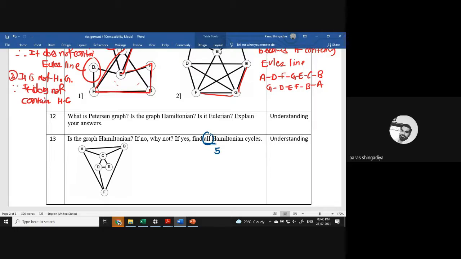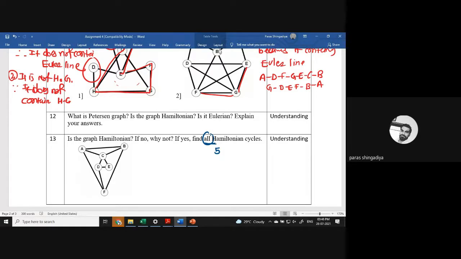Clear? One of the Hamiltonian cycles is A, C, E, D, F, B, and A. That is a Hamiltonian cycle: A, C, E, D, F, B, and A. Now I need to create another Hamiltonian cycle. So just change the starting place. Let's start with C. C is my starting place. So C, E, D, F, B, A. That is another Hamiltonian cycle. Let's start with B. Okay, B से मैं start कर रहा हूँ. B, A, C, E, D, F, B. That is the third Hamiltonian cycle. वैसे आपको different 5 Hamiltonian cycles उसमें लिखनी हैं. ठीक है? That is for your homework.